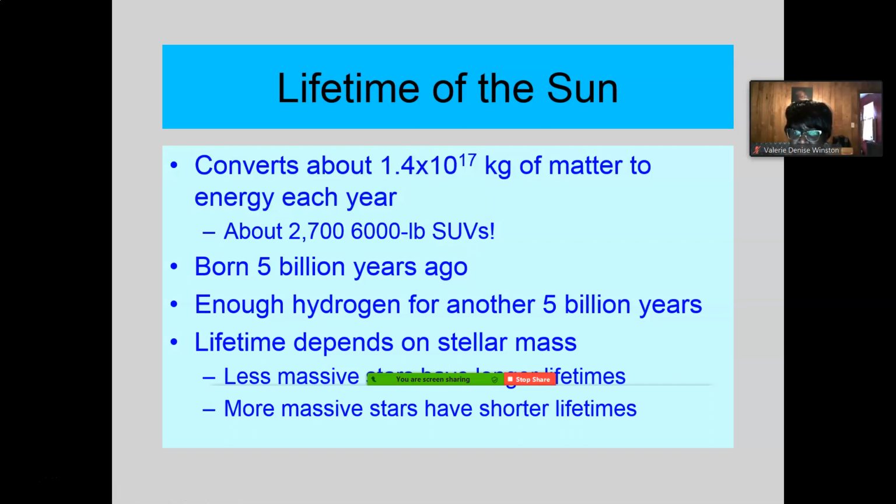That's how much hydrogen is being lost when it combines to form helium. Now the sun has been doing this for about 5 billion years, and scientists' estimates, by measuring how much hydrogen they can still see on the sun, figure the sun has enough hydrogen for another 5 billion years of fusion.